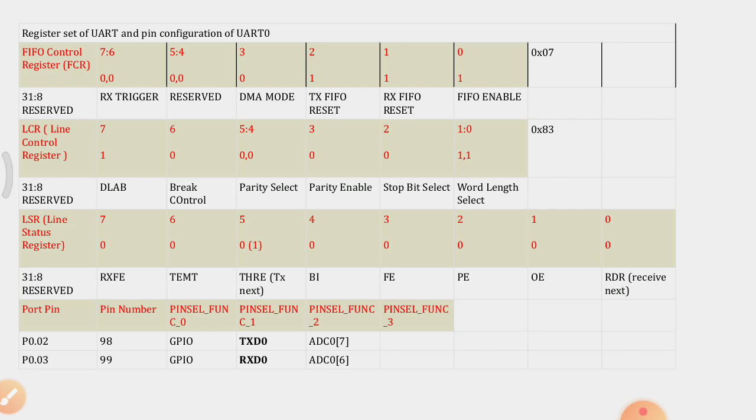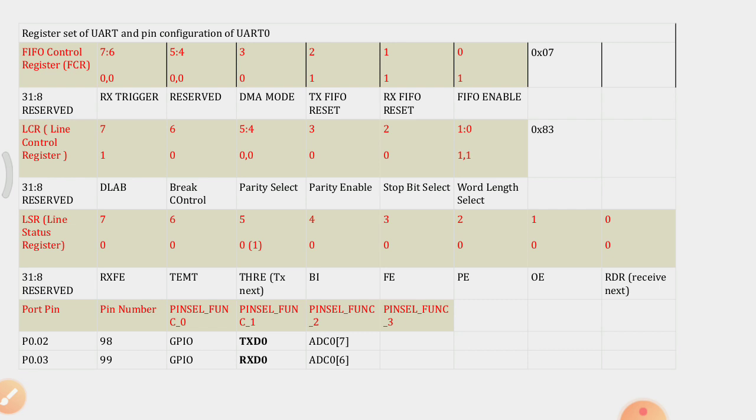Bit 6 is used for break control. Even these things we don't actually use. And bit 7 is used for divisor latch enable. So here the value that we are going to use is 0x83.